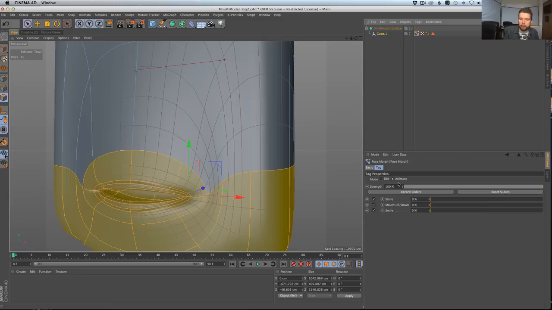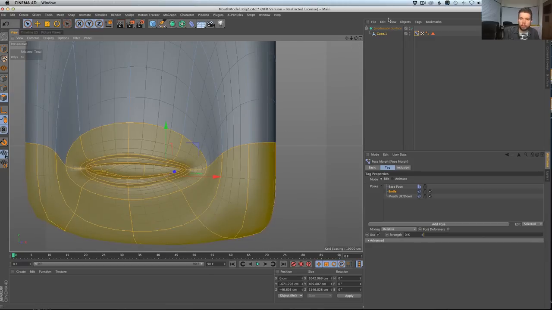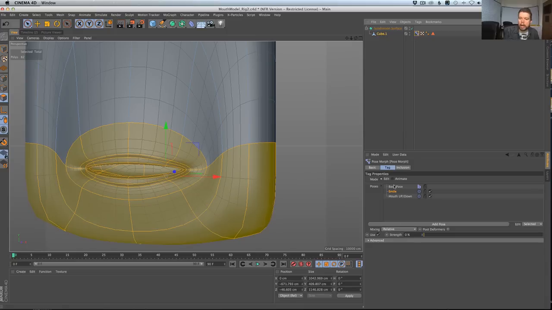I'm going to go ahead and go to edit and delete half of the smile because we're going to be mirroring it again. But let's stretch our mouth out a little bit here. We might even do a tiny little bit of espresso. I'm going to go to edit, add a new pose, and call this one in/out. And I guess it's the right side of the face, or the left of his face. So I'm going to say left. This one should even be smile left. So, okay, I'm going to edit in and out.